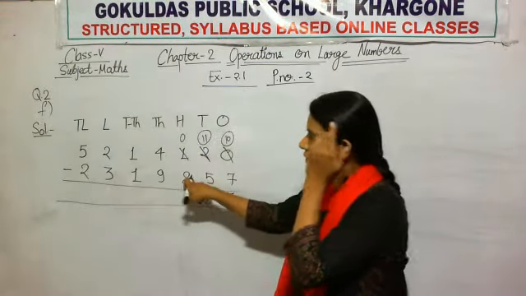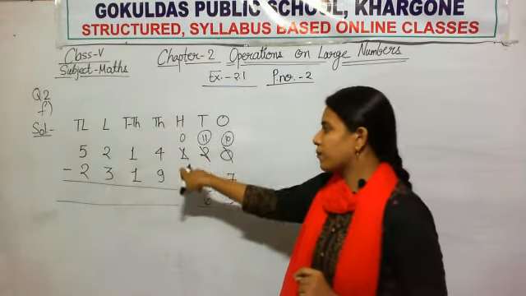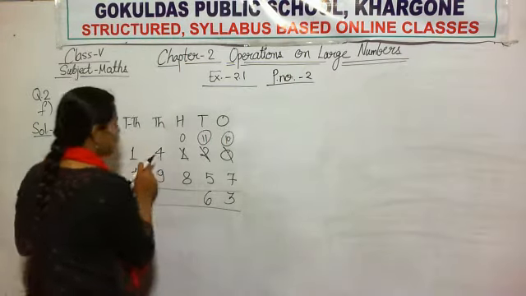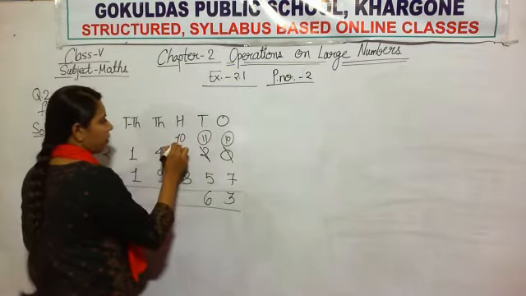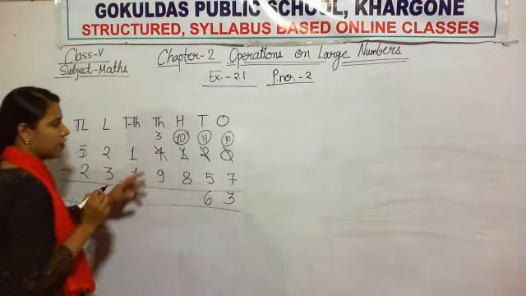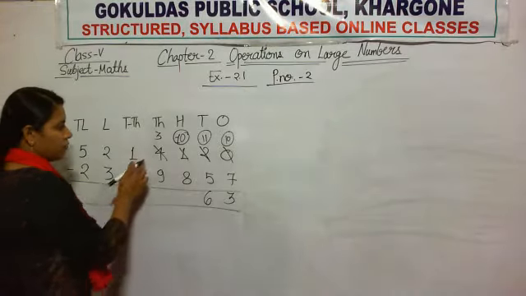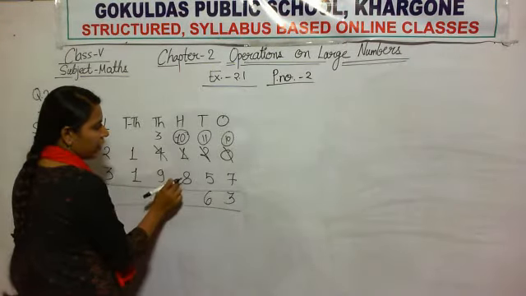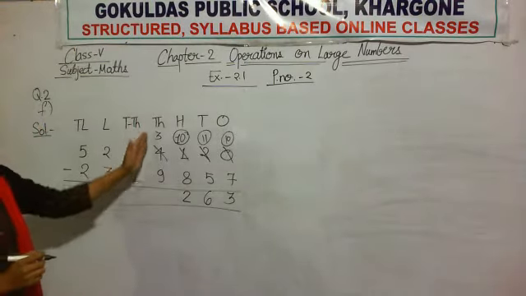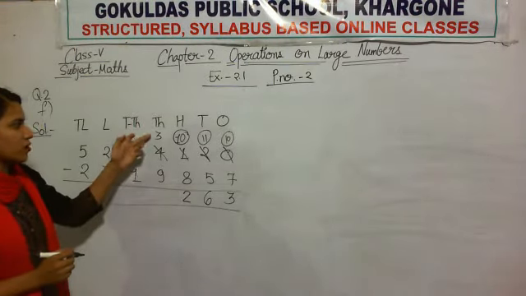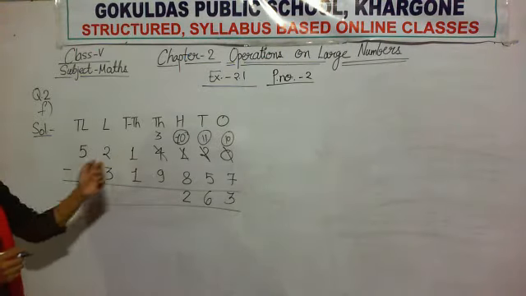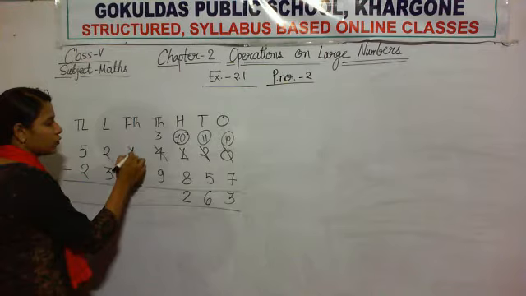Now move to the 100's column. Solve it. You cannot subtract 8 from the 0. Okay. So what will you do? You will take borrow from the neighbor's column. It becomes 10. And here only 3 is left as it has given borrow. Now subtract 8 from the 10. 2 is left. Now move to the 1000's column. In the 1000's column you want to subtract 9 from the 3. You cannot subtract 9 from the 3. So what do you have to do?